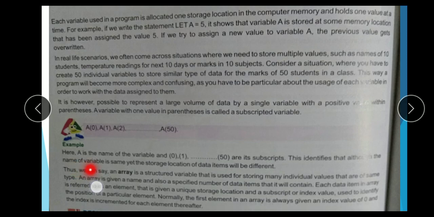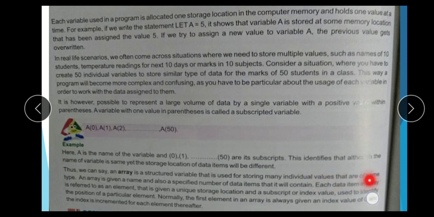Thus, we can say an array is a structured variable that is used for storing many individual values that are of the same type. An array is given a name and also a specified number of data items that will be contained.